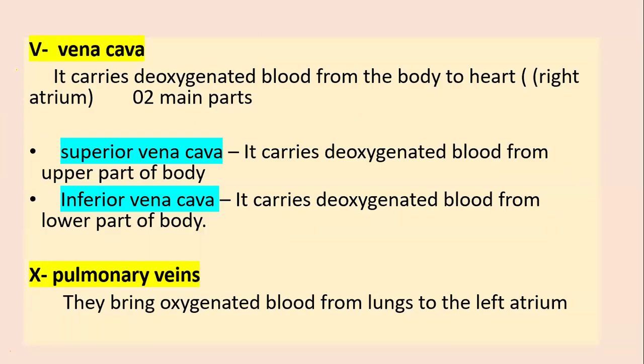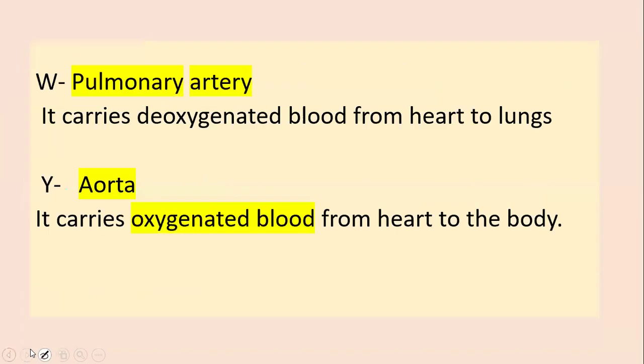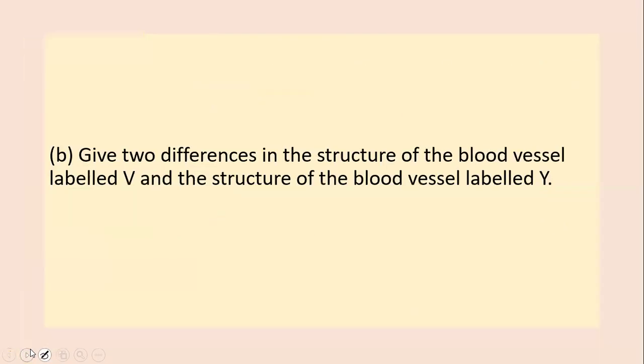See, the vena cava carries deoxygenated blood from the body to the heart, the right atrium, and it consists of two parts. The superior vena cava carries deoxygenated blood from the upper part of the body, and the inferior vena cava carries deoxygenated blood from the lower part of our body, just below the diaphragm. So we have discussed this part. Now